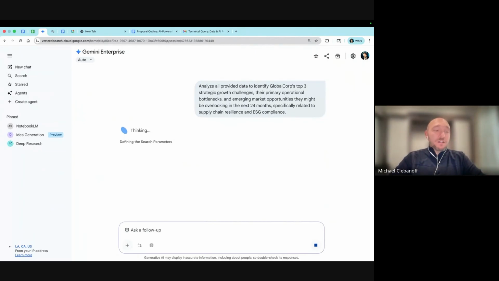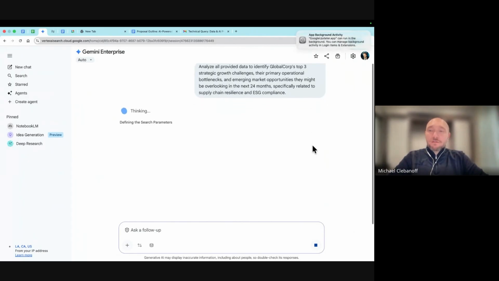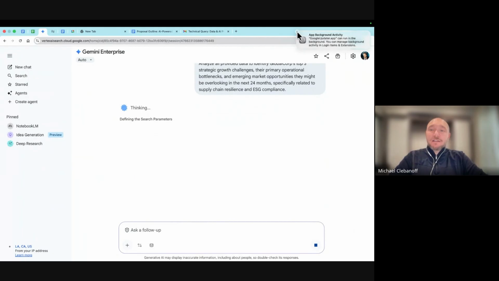But now what it's going to do is start to take a look at all places where information lives for Global Corp. And it's going to help us identify the top 3 strategic growth challenges. And we can actually take this and then turn it into another email draft. Now, this will take just about a moment here. It takes a little bit longer than some of our other prompts, but it's literally combing through all the channels